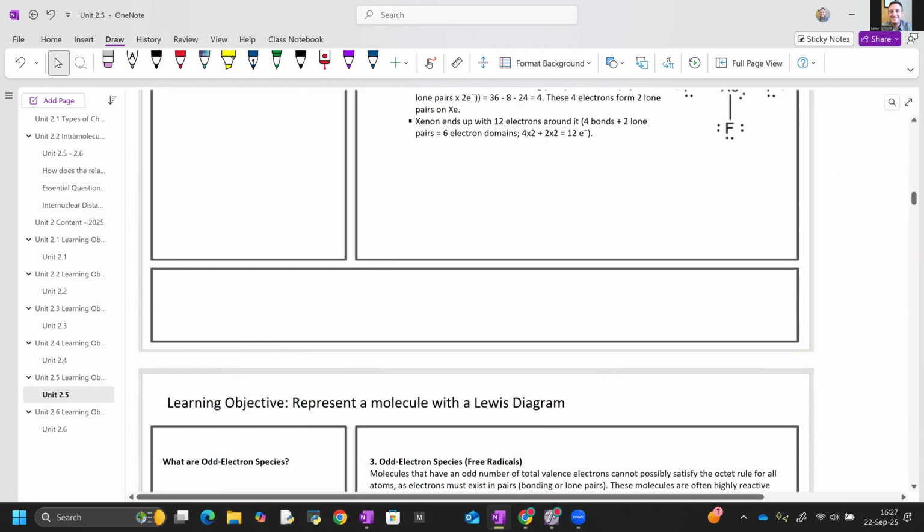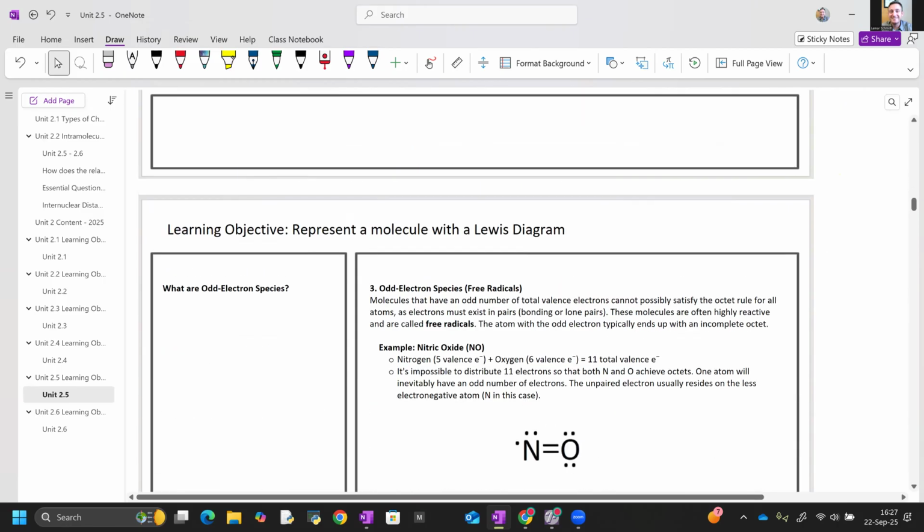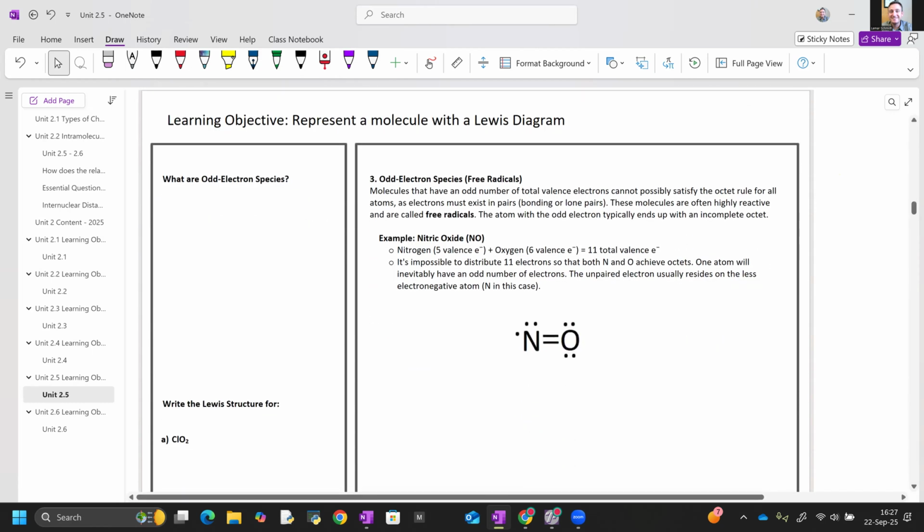Okay, so we've gone over incomplete octets. Now we've gone over expanded octets. And then lastly, we're on odd electron species. So what are odd electron species? Well, there are some molecules that have an odd number of total valence electrons that just simply cannot satisfy the octet rule, largely because the octet rule is the number 8, and that would have